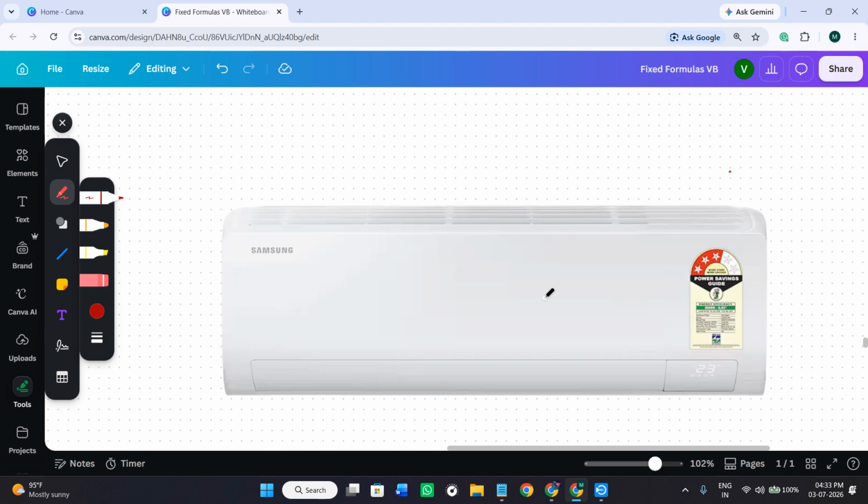So in today's quick video, I'm going to show you exactly how you can fix the C4 error code on top of your Samsung inverter air conditioner. So first of all, before hopping on to the solutions, we need to understand what this error actually means. So the C4 error on your Samsung inverter AC indicates the temperature sensor fault, usually involving the indoor heat exchanger